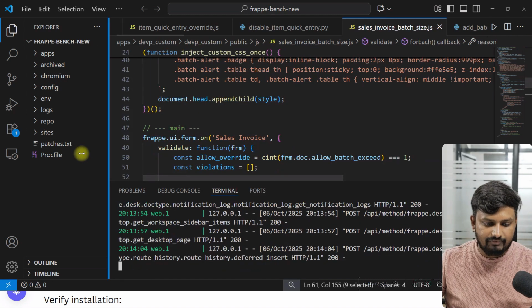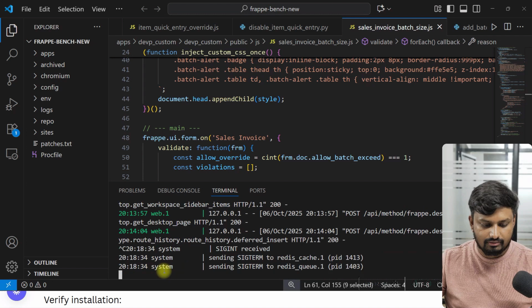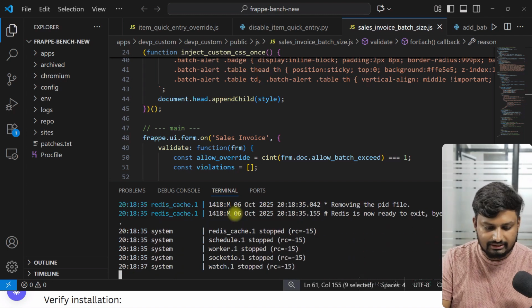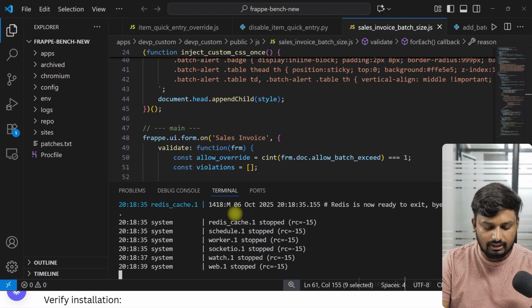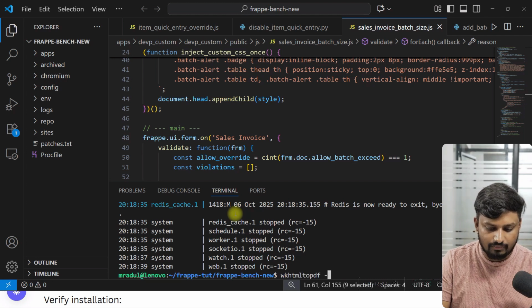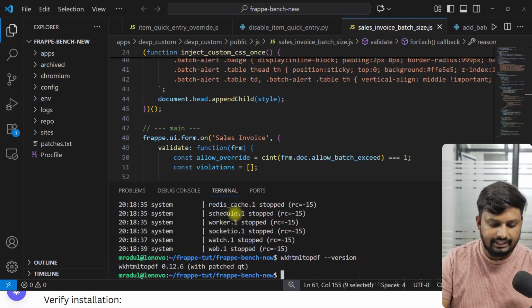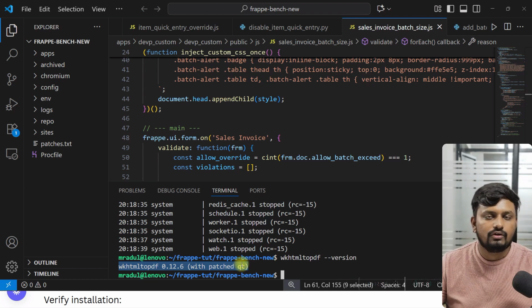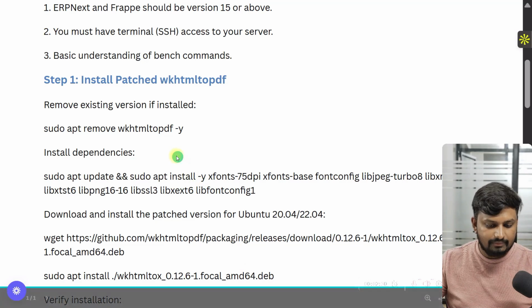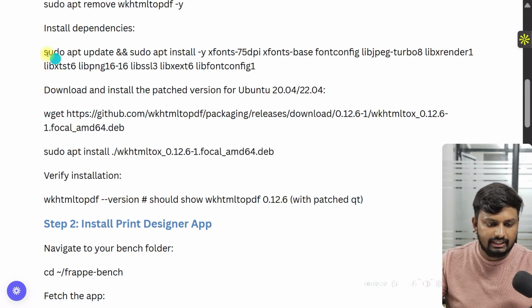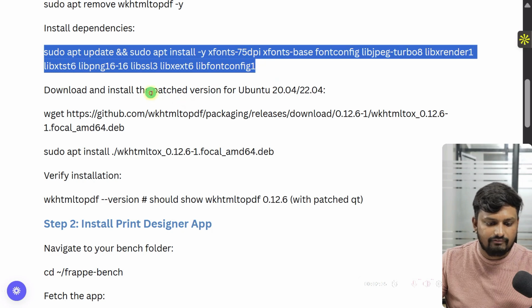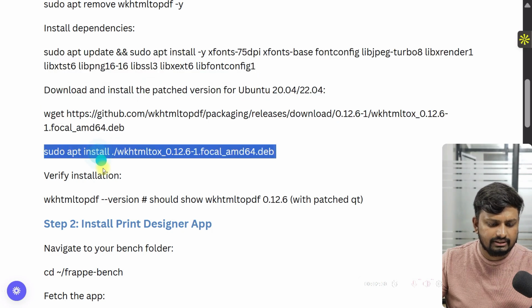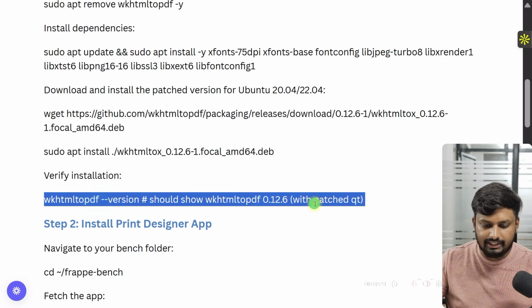So I'm inside my VS Code. I'll just close my server, right? And what I'll do is I'll run a command, wkhtmltopdf dash dash version, right? So what should come up in your PC is wkhtmltopdf 0.12.6 with patched Qt. If you don't have patched Qt, then the Print Designer won't work as per your needs, right? So that is the basic requirement. If you don't have it, you can follow this document. I'll share the link of this document. You just have to run these 3 commands, and then you will have wkhtmltopdf with patched Qt